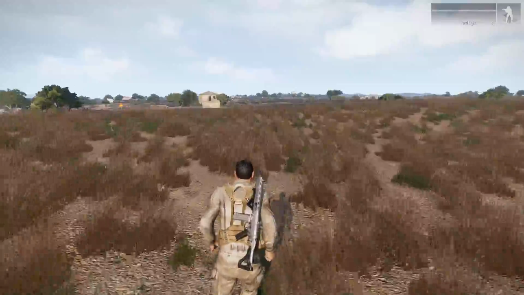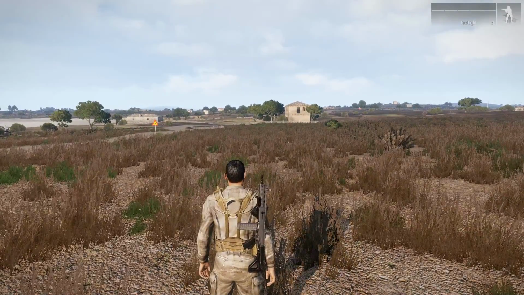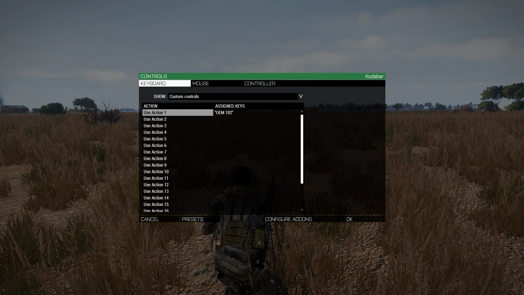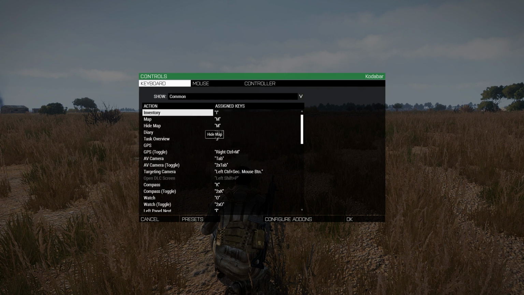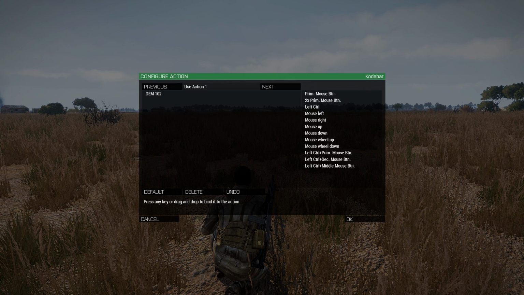But the biggest problem you have with enhanced movement is once you have it installed, you need to set a key for it. And quite honestly, with the number of controls that ArmA has, it's very hard to set a key. Press escape to go to the main menu. Options. Controls, and you'll initially appear common controls. Go to custom controls, use action 1 and click, and you press a key,